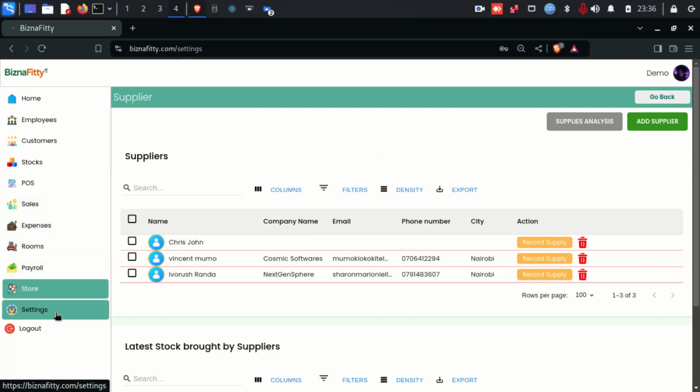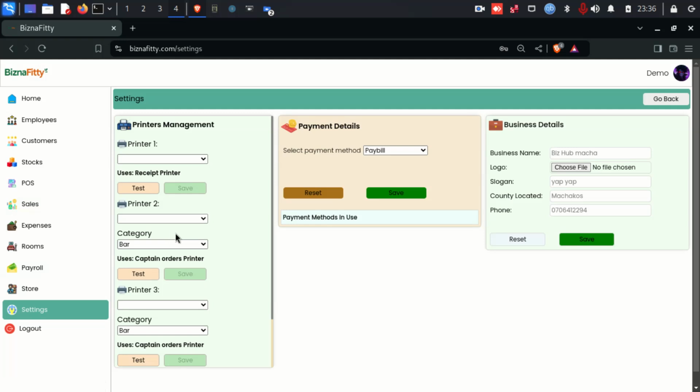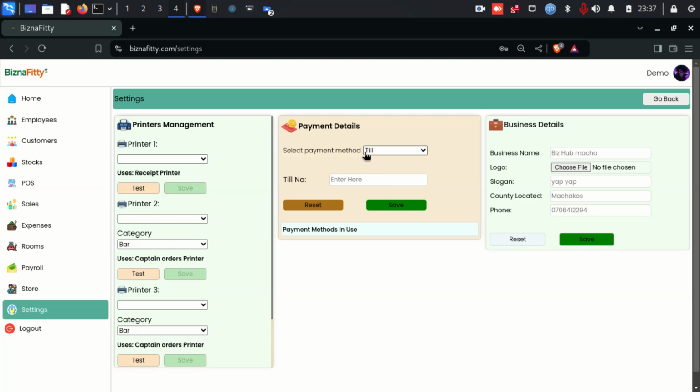And here is settings, where you put information associated with your store, like the printers which the system will use, and the payment methods. For example, if you want a till, you click here. So let's start with the